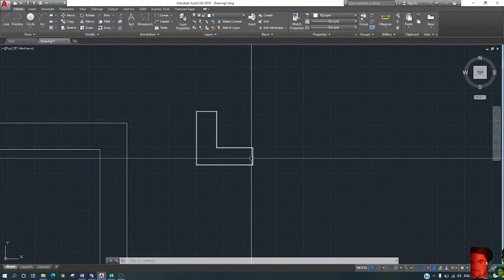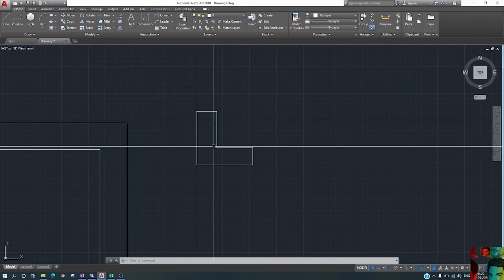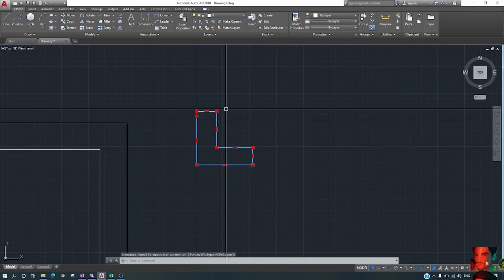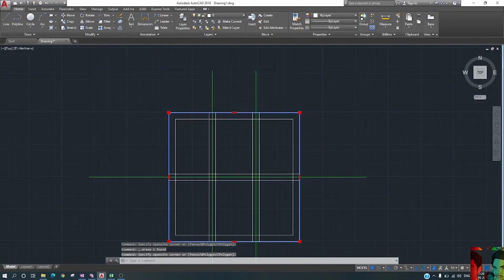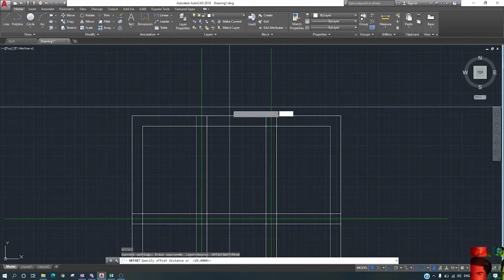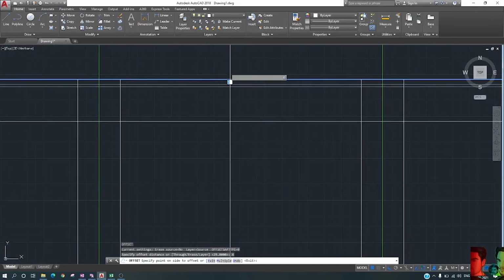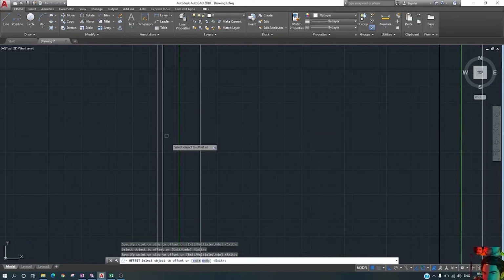But this much thickness, the thickness of the angle, is also visible from the outer side, so one line is also here. What we do, we offset the thickness, 6 mm thickness of the angle, 6 mm to the inner side, same as each angle.